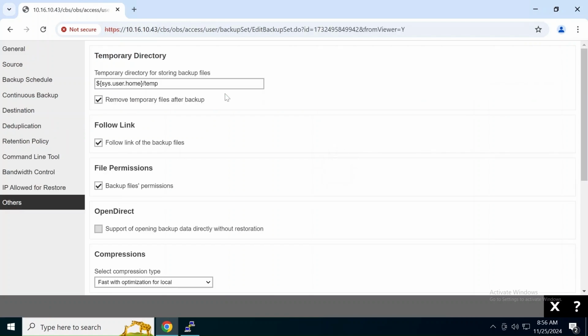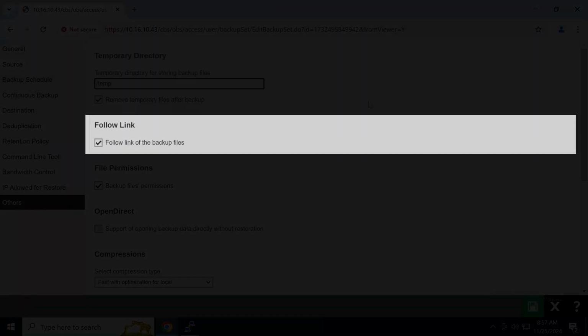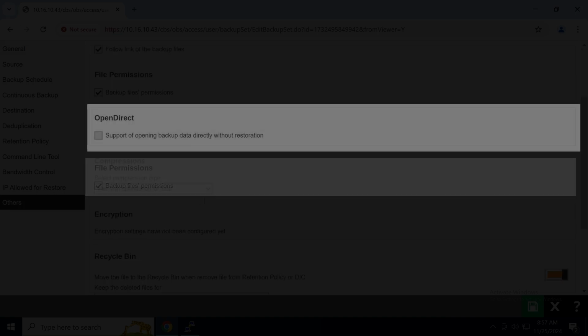Click the hyperlink text. You will be redirected to the other section of the settings. Check the temporary directory and configure accordingly. We will keep the default settings for follow link, file permissions, and compressions. For encryption, we have to enable it from AhsayOBM on the Linux or FreeBSD CLI machine after we have created